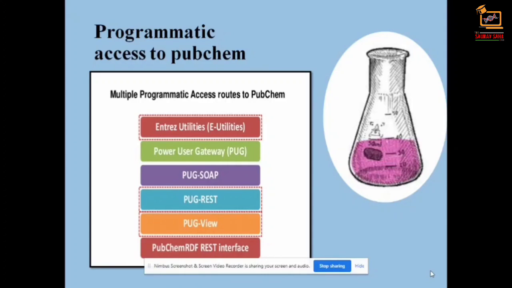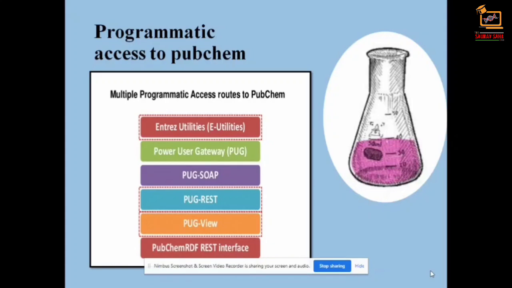Power User Gateway provides access to PubChem services via a single common gateway interface called PUG CGI. The CGI is the central gateway to several PubChem services. Instead of taking any uniform resource locator argument, PUG exchanges data through XML via Hypertext Transfer Protocol. PUG SOAP provides web service access to PubChem data using the Simple Object Access Protocol. It provides easier programmatic access to much of the same functionality as PUG, but it breaks down operations into simpler functions as defined via the web, and uses a SOAP formatted message envelope for information exchange.